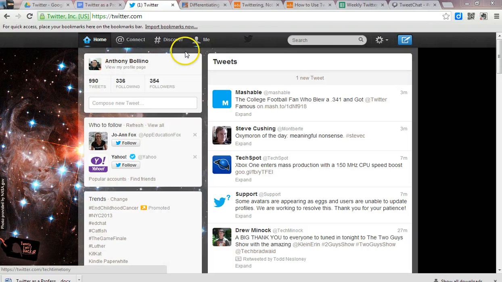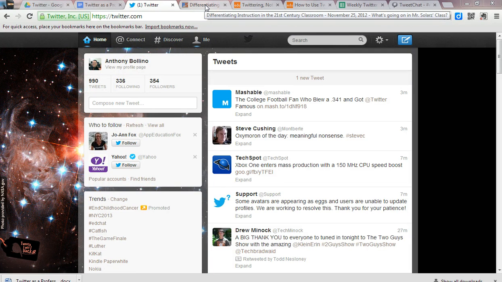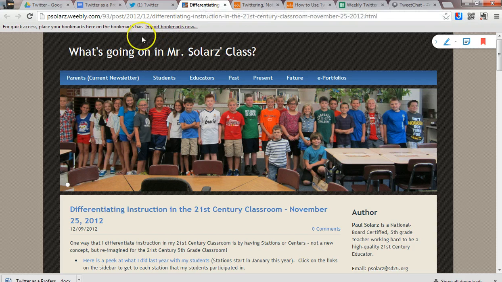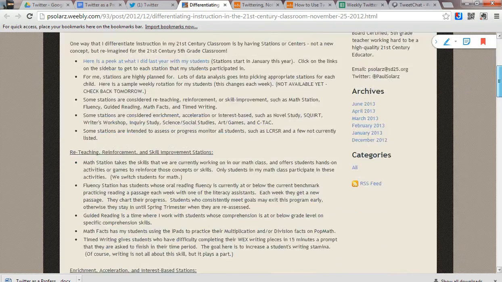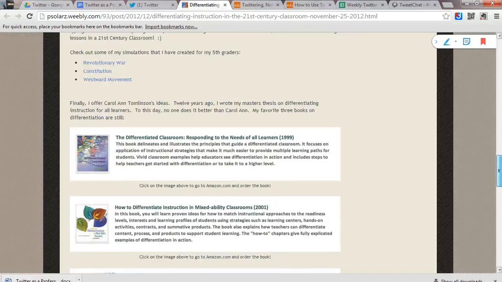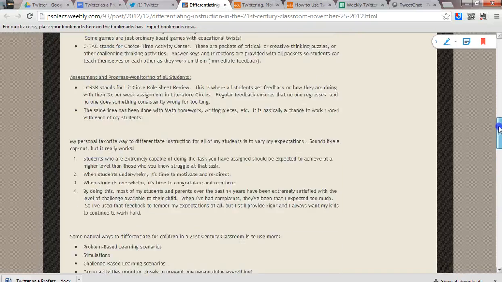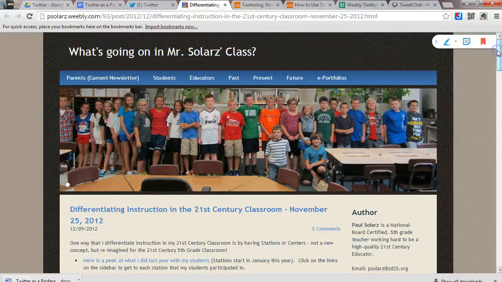So, when we find a nice article that we want to post to Twitter, like this one on differentiating in the 21st century, typically there are one of two ways to tweet out this article. I do not see an embedded tweet button to tweet this on this particular blog. So in that case, what I'll do is I'll just copy